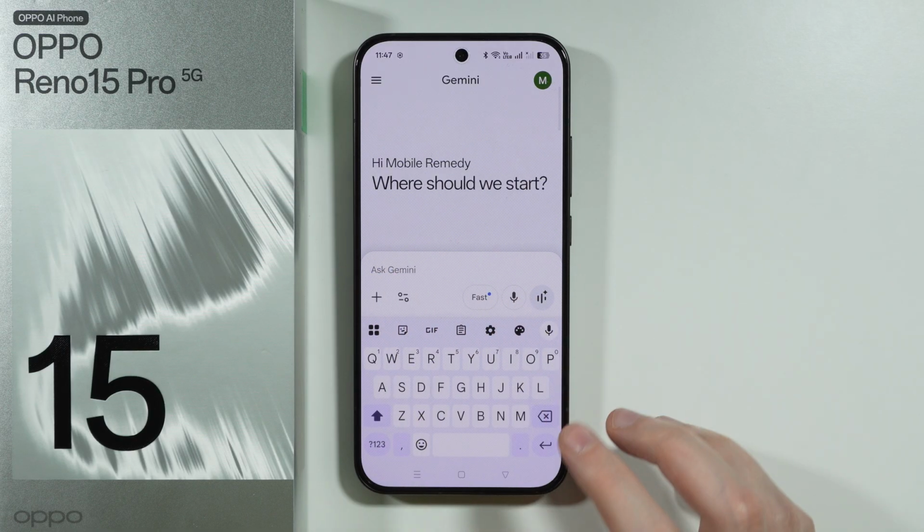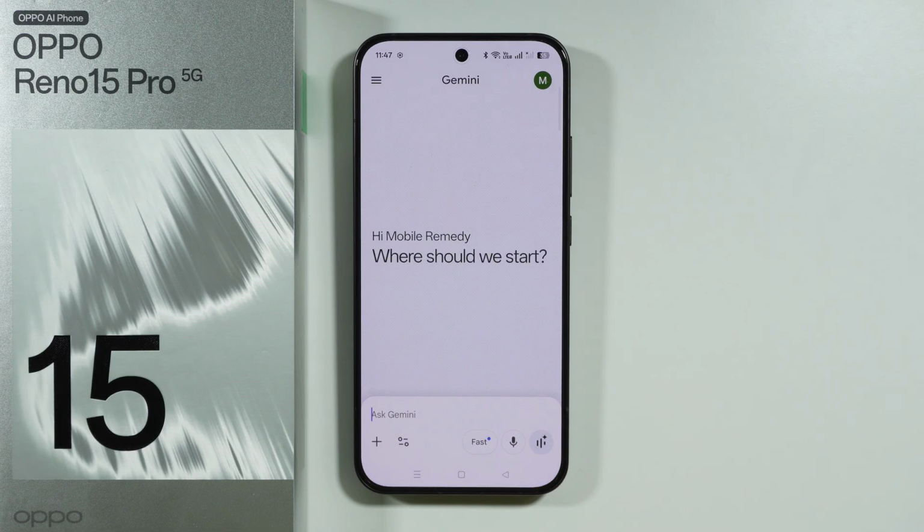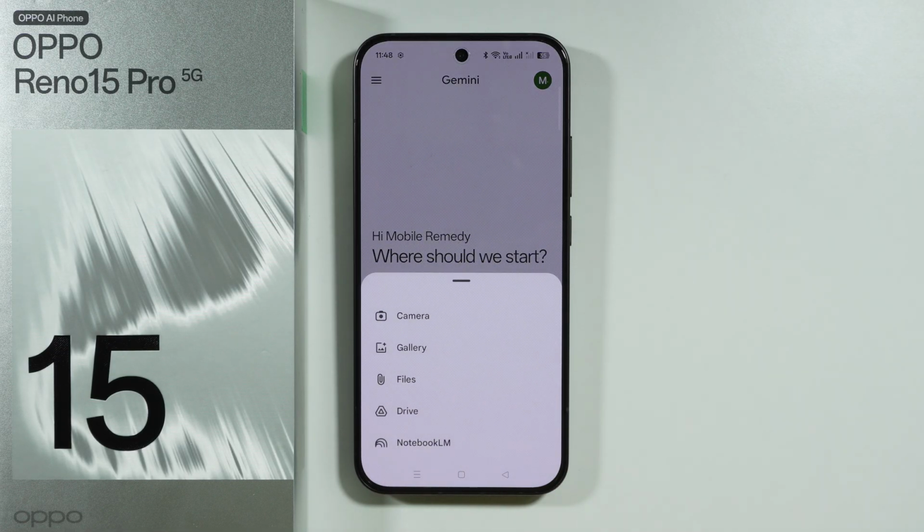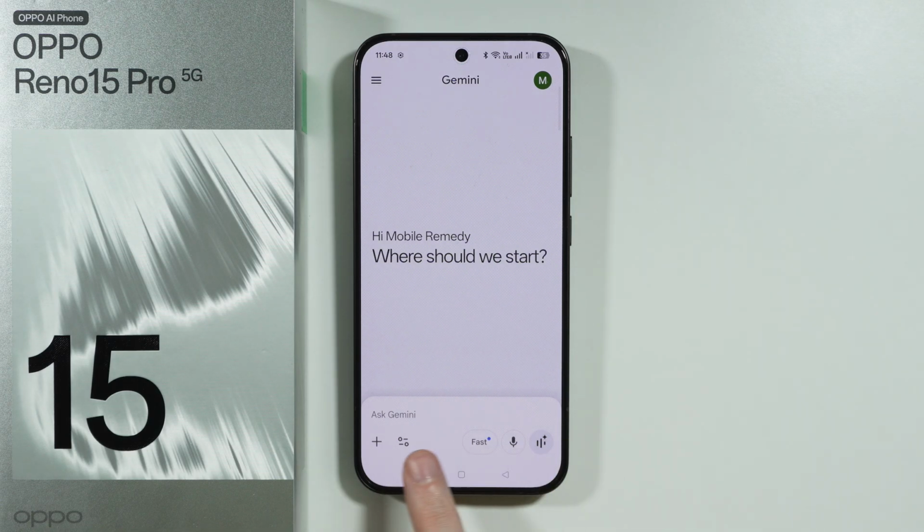Now you can use the text prompt over here, so you can write anything that you want to get out of Gemini. Over here we can also attach some files. And we have additional options in here at the bottom. You can use your microphone or use the live chat option, so you can talk to Gemini quite easily,